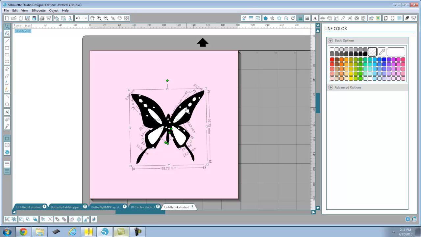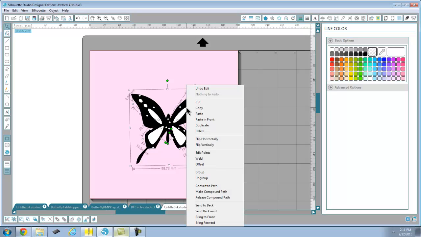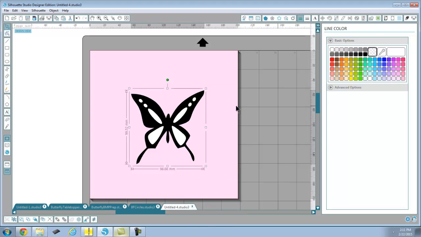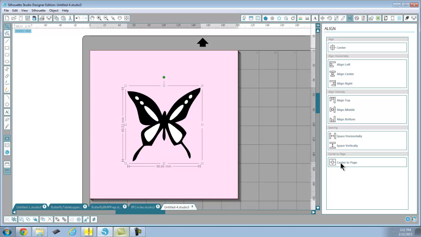Instead of having to click all those again, I'm just going to group them. So now that's all grouped. I'm going to go to line, and I'll center to page. So I did go off a little bit, so that's good. All right, so now I'm ready to actually get this into a .bmp or .jpeg file that Embrilliance can see